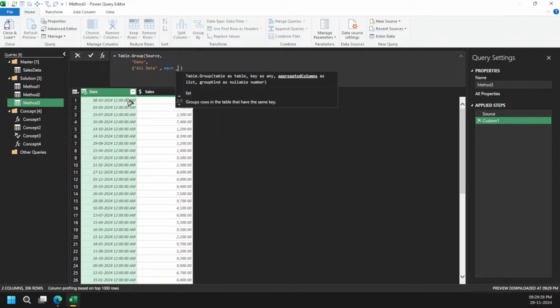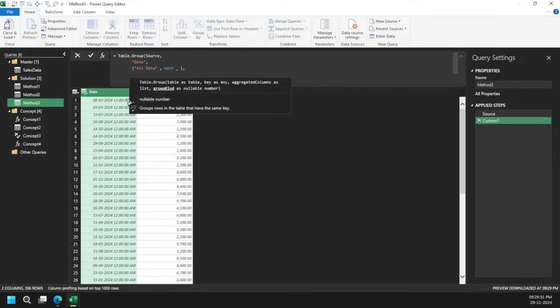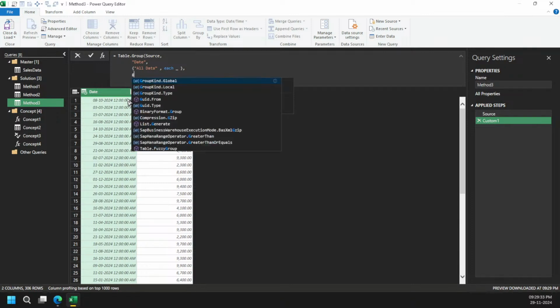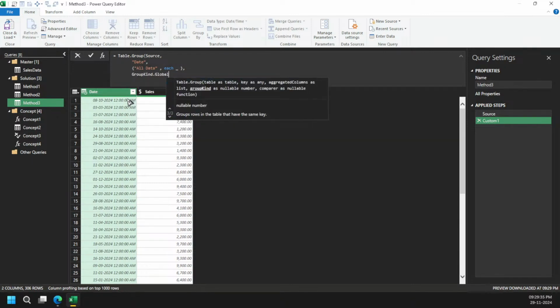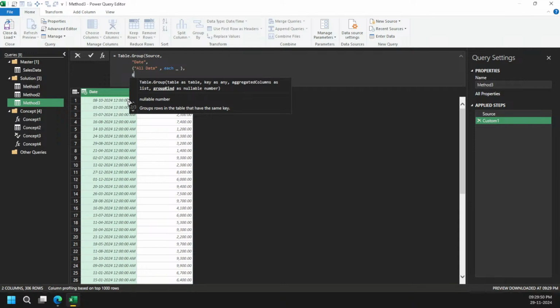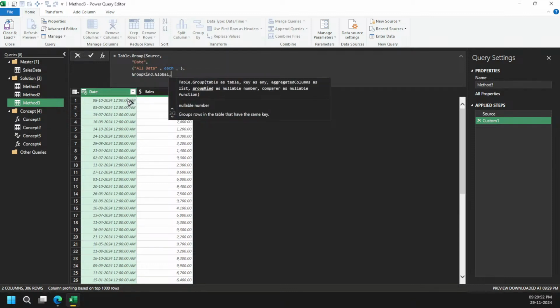And then each under operator. And because here I will be using group kind global, I can use group kind global, or simply, because it is an enumeration, and if you might have joined the Sunday learning, we have discussed that. So this value is again 1 here by default. Got it? So you can use either 1 or directly group kind global, right?